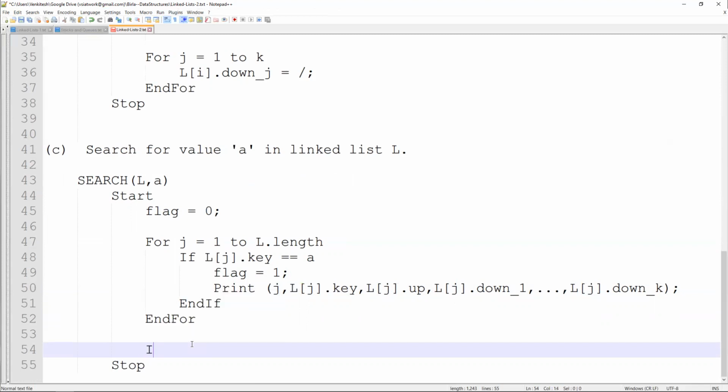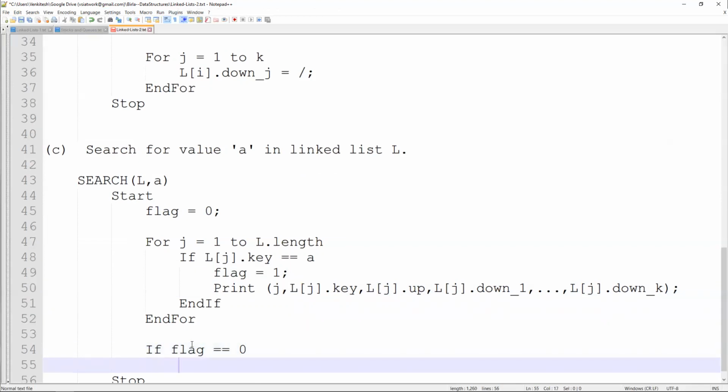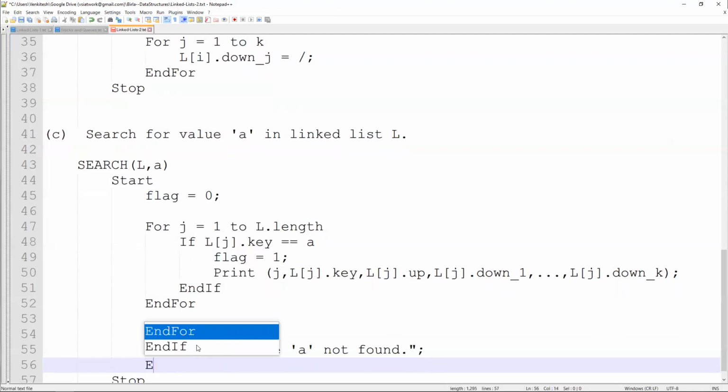So if flag is still equal to 0, then you just give a message, right? Print what you print, the value A is not found. Okay, so value A not found. That's it. Value A not found. Is that okay? And then